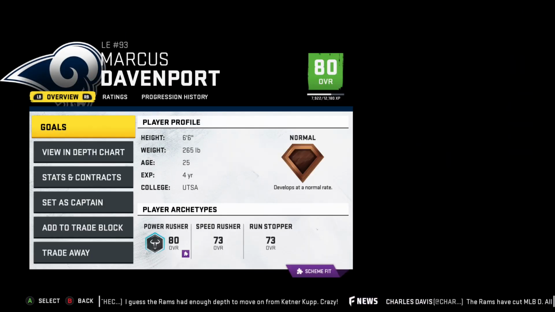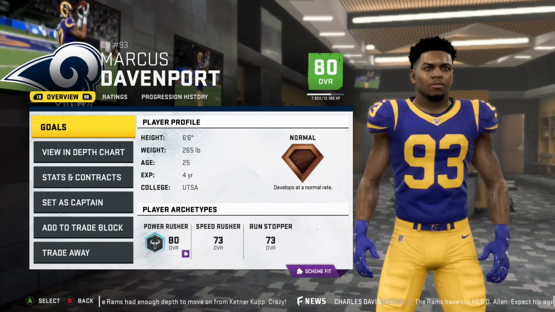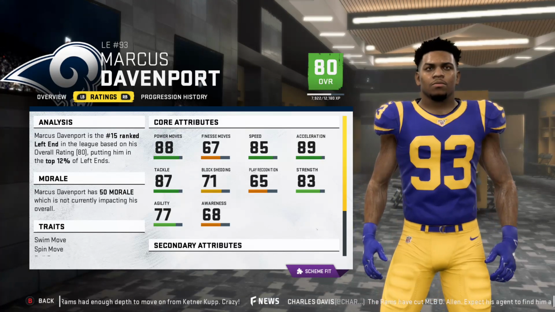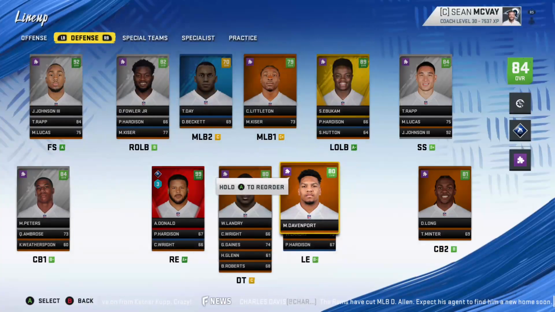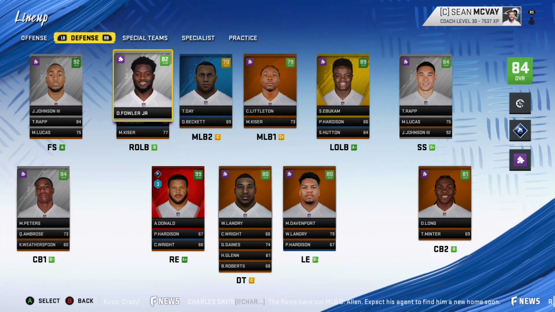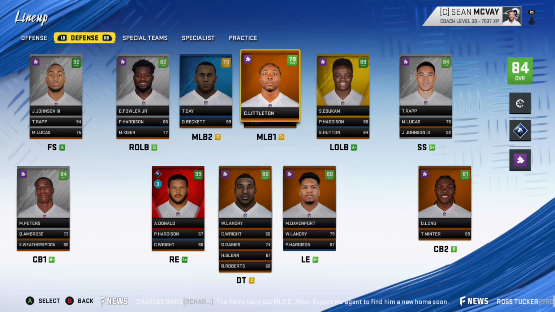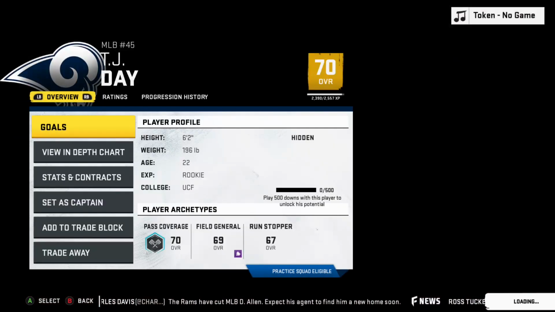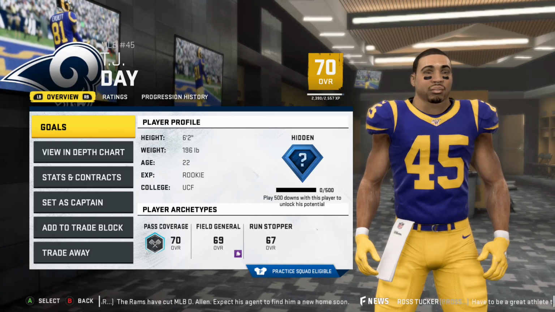We also picked up Marcus Davenport in free agency. So we've been putting him in our lineup, and all of a sudden, after a year or two, he already has 88 power moves and 87 tackle. So I'm really glad we picked him up. Our outside linebackers are Dante Fowler and Samson Abukam. And our middle linebackers are Corey Littleton and this dude, TJ Day, who we just drafted, who is technically a